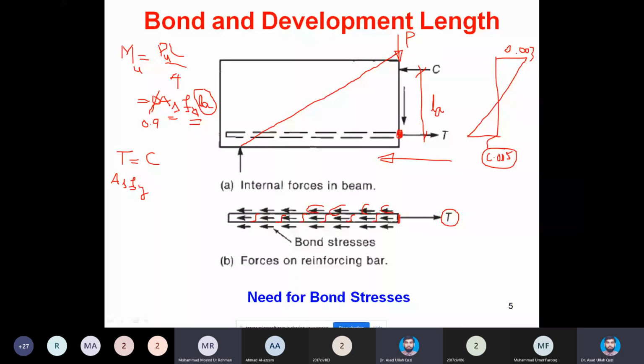So in this way, we can understand that friction, natural chemical adhesion, and if deformations are present, they are holding the bar and not letting it slip. So this is actually the presence of bond stresses on the contact area between steel and concrete, which are causing the resistance against slip. Furthermore,